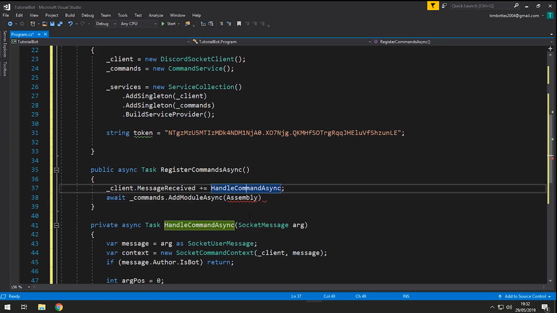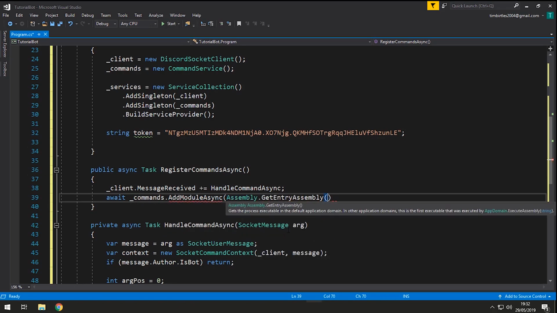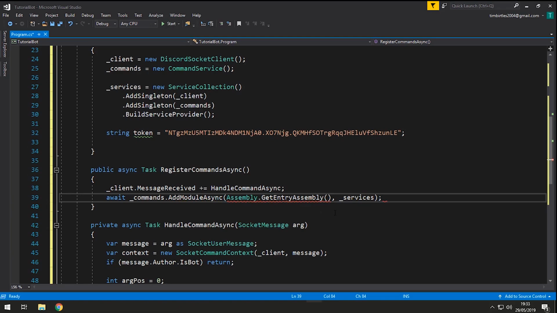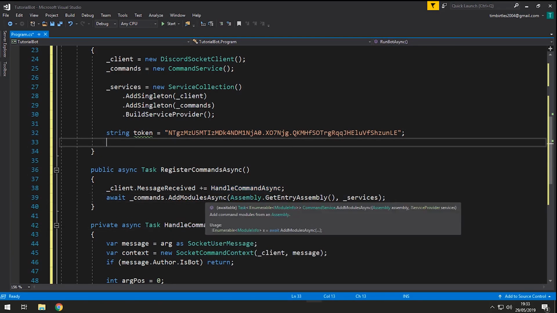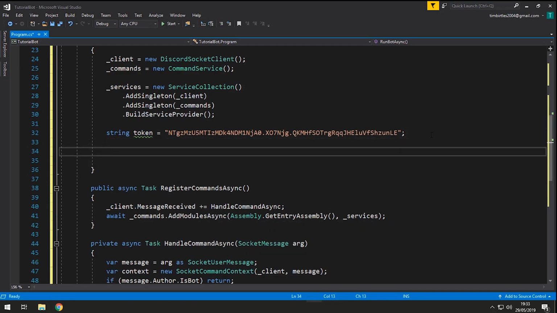I'm just going to need to use System.Reflection. Then we want to do .EntryAssembly(), open bracket, close bracket, comma _services. Then you can put your semicolon. And you also want to make this AddModulesAsync, not AddModuleAsync. Finally, under the token, we just need to do _client.Log +=,